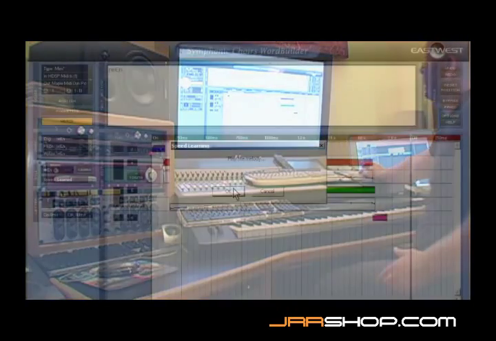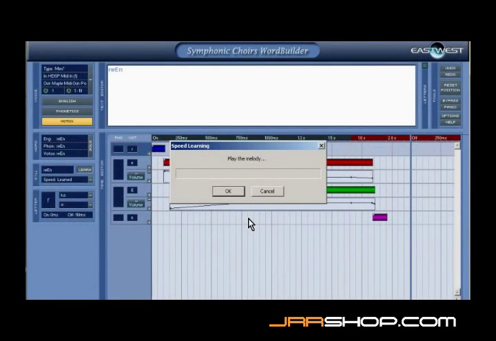So let me just play. So okay, play the melody. So I play my melody. It's just very, as simple as the word rain. And